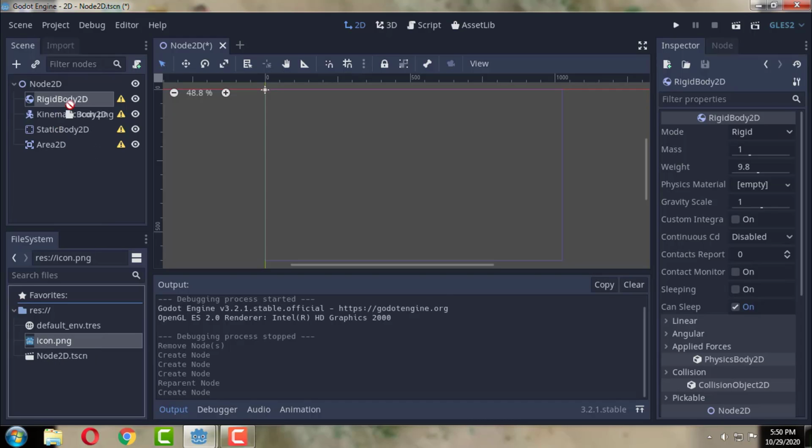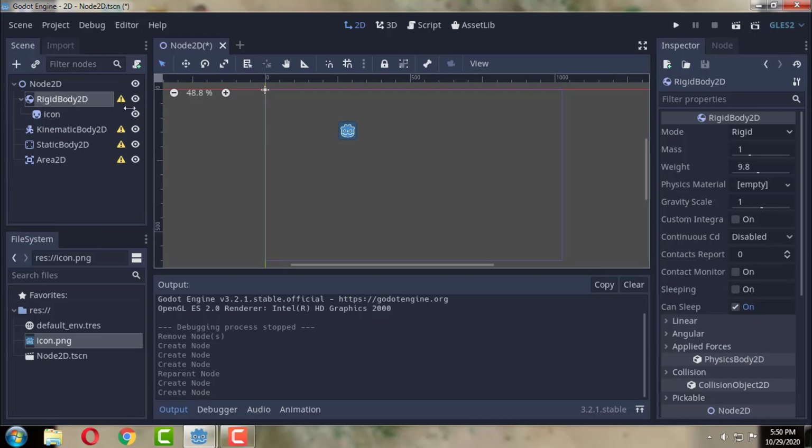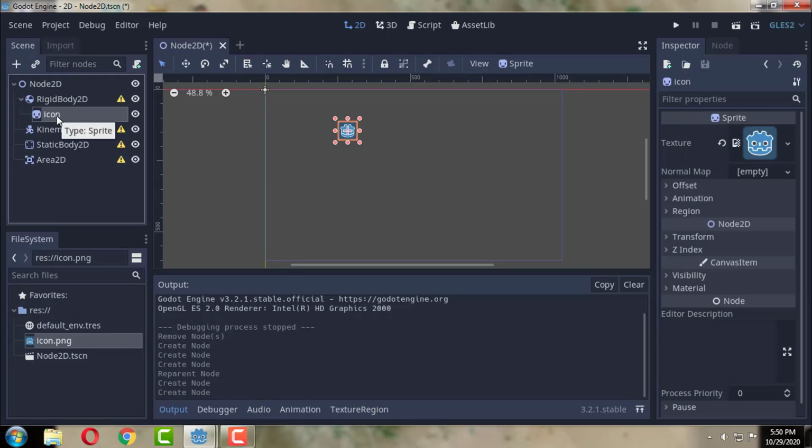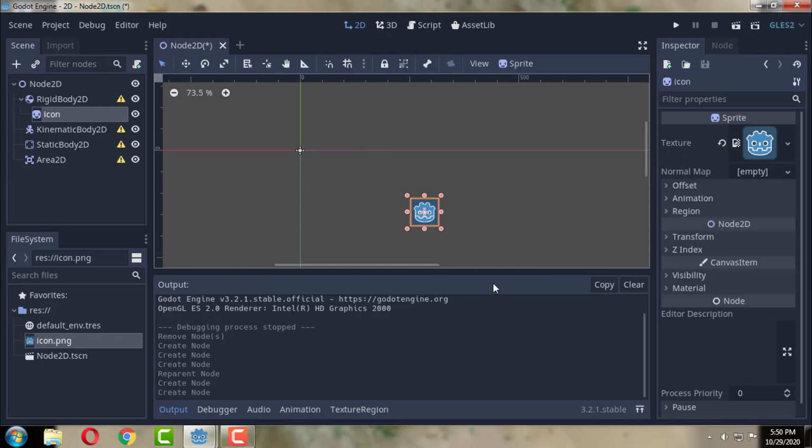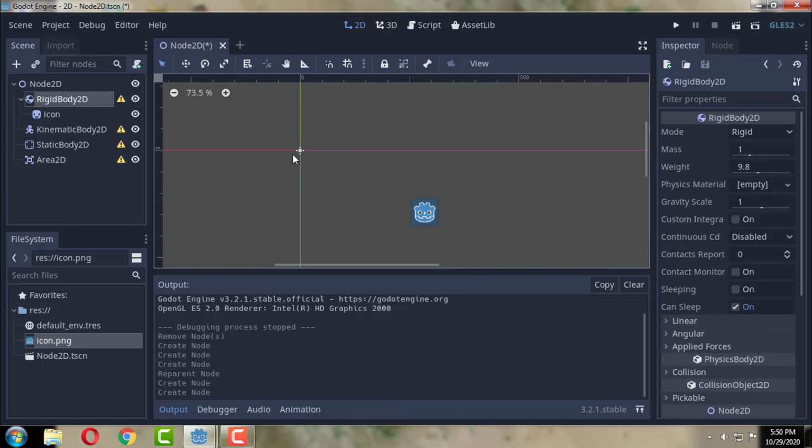When you add something here, the selected thing's child will be the thing you have dragged and dropped into your game viewport. It is not like Unity, where you can drag and drop directly on the scene. You should drag and drop it like this inside this viewport. You can see the rigid body is actually here. You will not be able to see this, but the icon is here. When you move the rigid body,